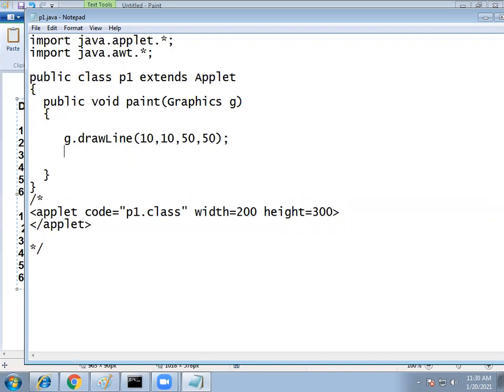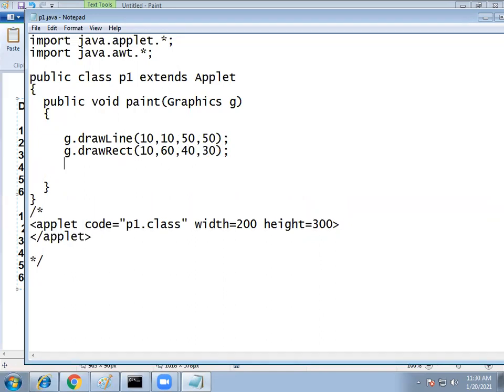And next one, g.drawRect(10, 60, 40, 30). Next one, g.fillRect.